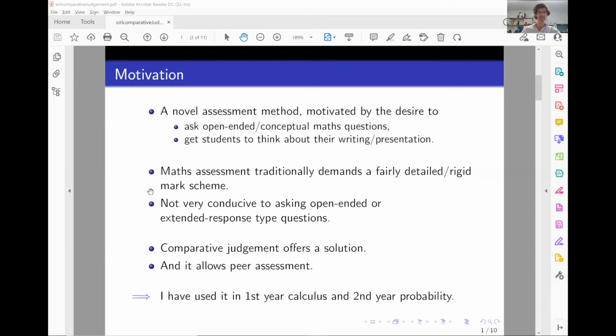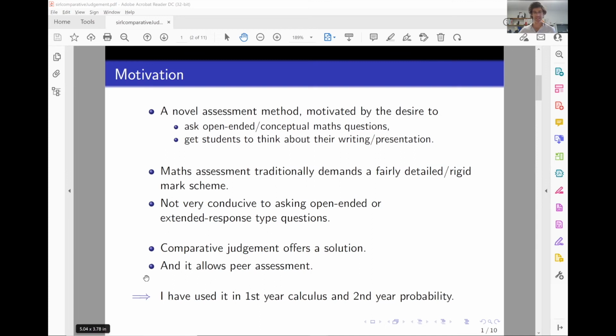One of the reasons for that is that maths assessment traditionally demands fairly rigid mark schemes, and these are really not very conducive to asking open-ended type questions. And so a solution that I saw when I was working down at Loughborough University was comparative judgment, and another advantage of this is that it offers some peer assessment opportunities as well. So I've used it in a first year multivariable calculus context,